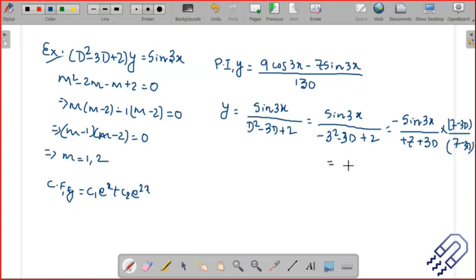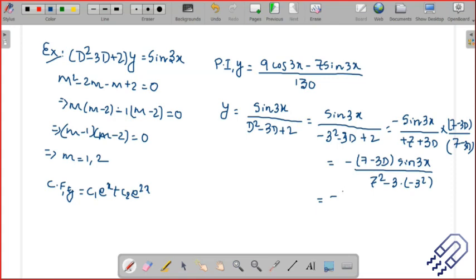So this would be minus, 7 minus 3D times sine of 3x divided by a square, that is 7 square minus 3D square, which is minus 3 square. So this should be